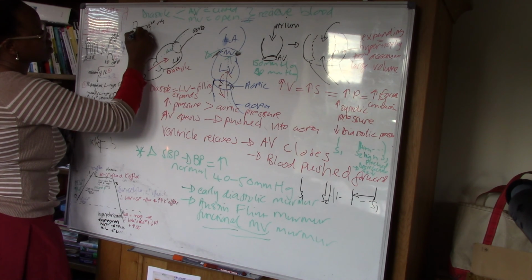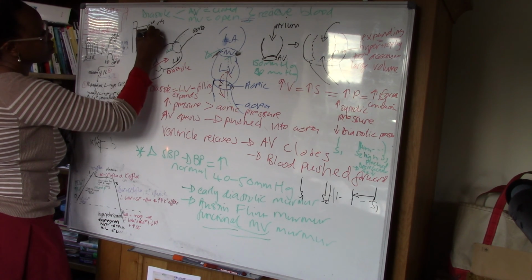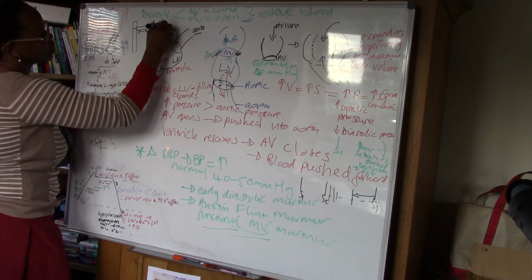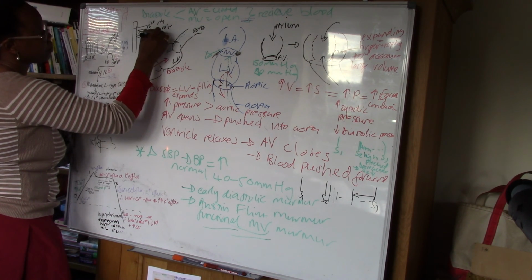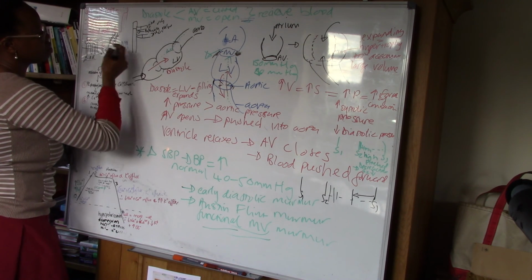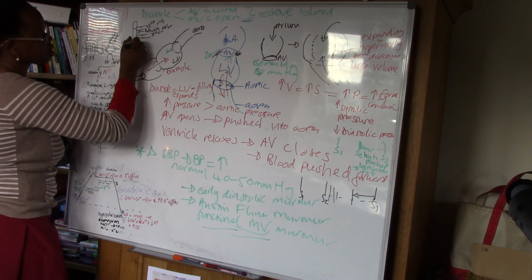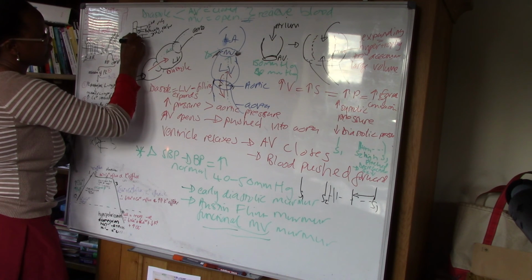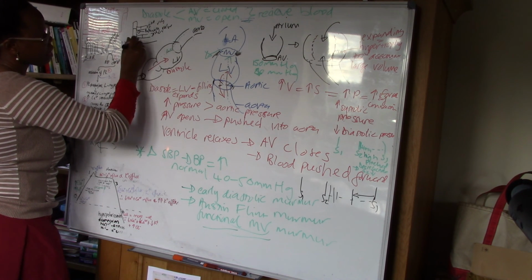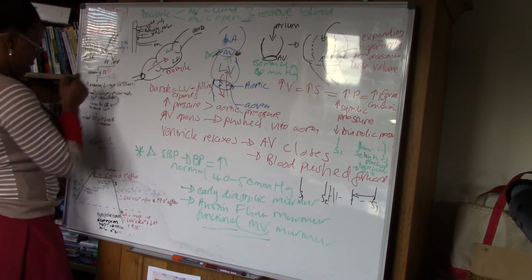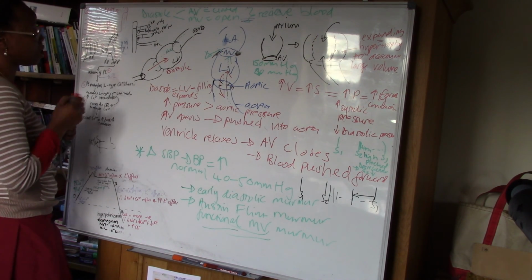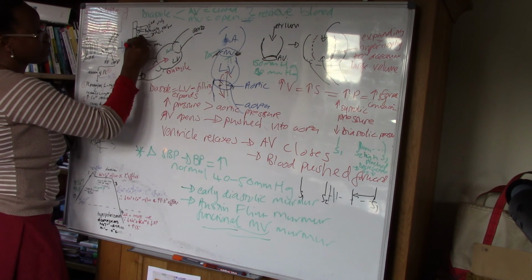The second intercostal space, which is the pulmonary valve, is here. The second rib, then the third rib, with the costal cartilages, and this is the fourth. So it's heard there at the left sternal border